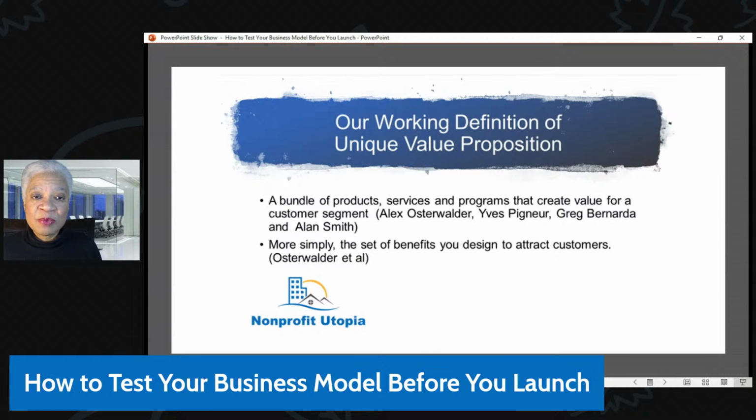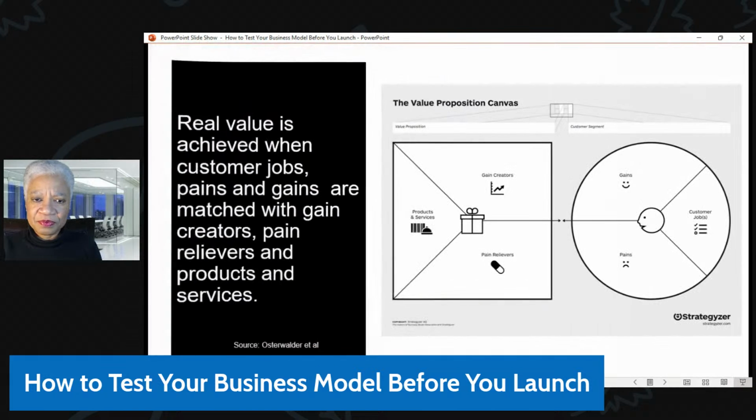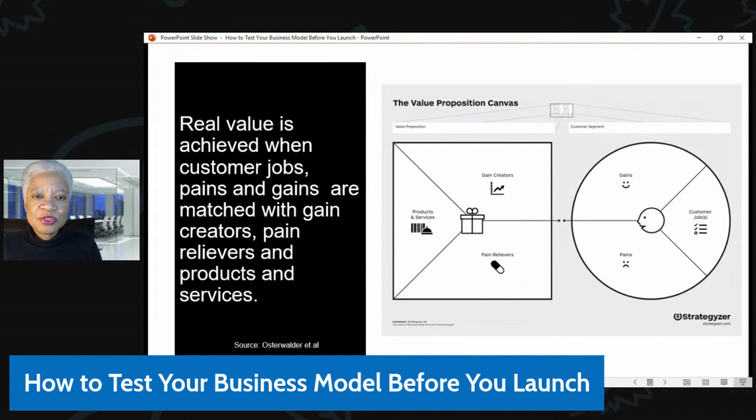Something that's going to solve their problem. Most importantly, it is something they want and something they will pay for. That's where the value is created. And simply put, it's a set of benefits designed to attract customers. All right, we also shared with you last week that the real value is created when we can create products